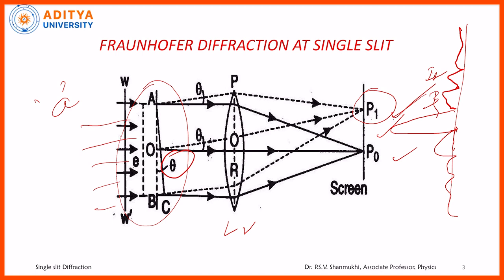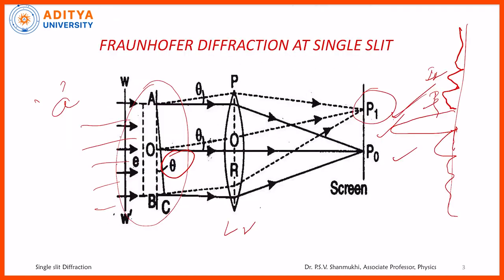whose length is perpendicular to the plane of the paper. From the side, the light rays are entering, and because of diffraction, there is a bending of light. The angle of deviation is given by theta. Now, coming to